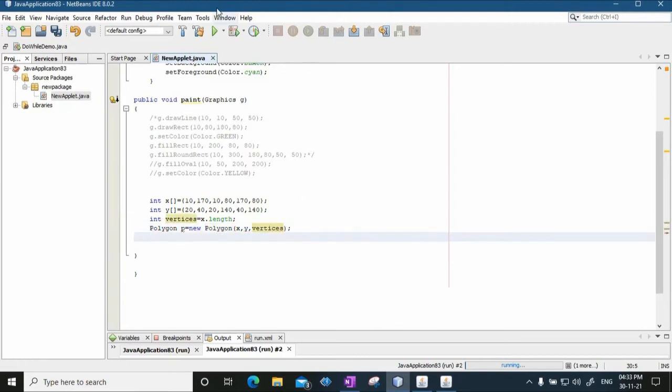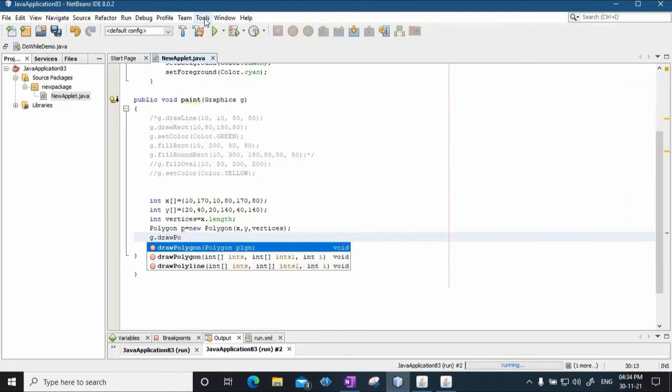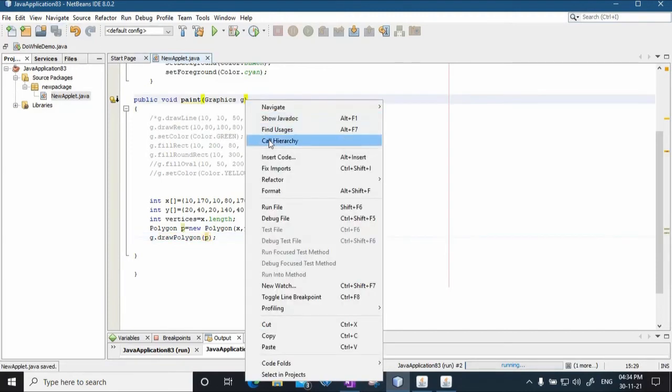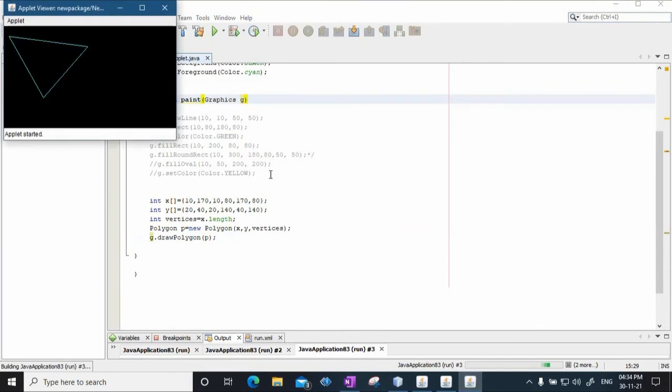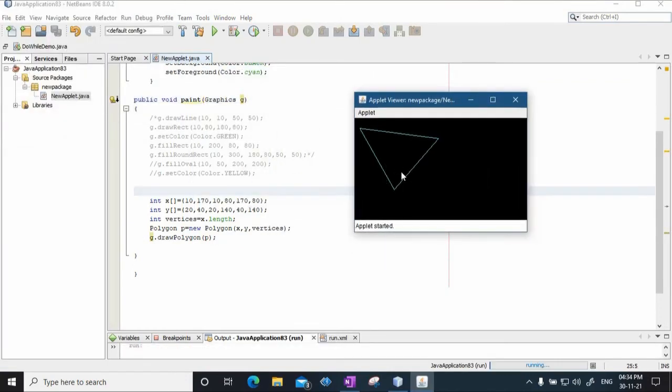And then I will say G dot draw polygon, and I will specify the object P, and let me run this and see. So you can see the polygon, that's a triangle that we have, gets printed.